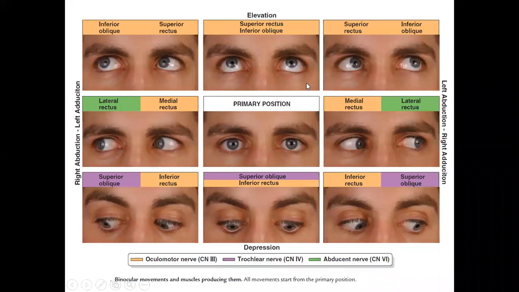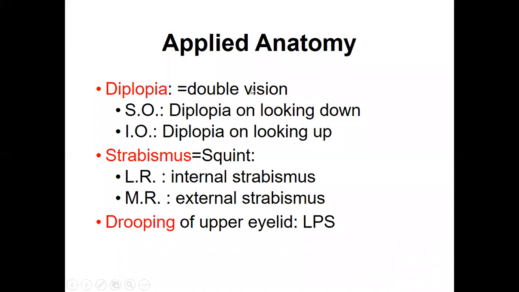Clinical importance of extraocular muscles. One is diplopia, that is double vision. On looking downwards, if there is weakness of superior oblique, there will be diplopia. If there is weakness in the inferior oblique,